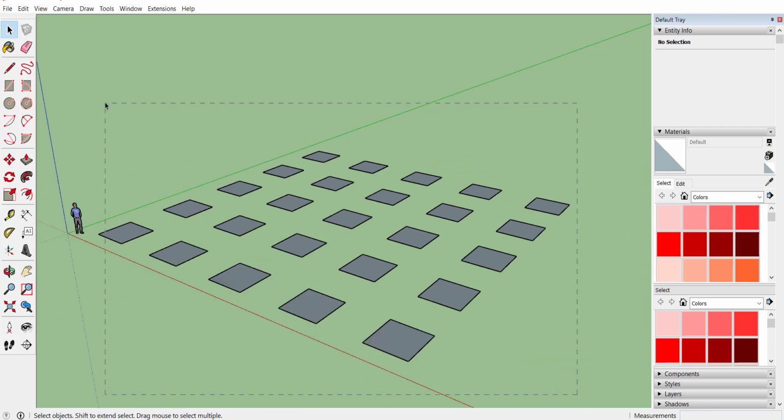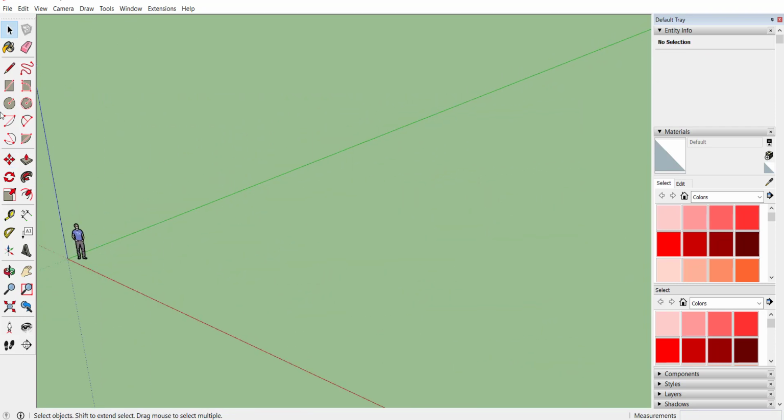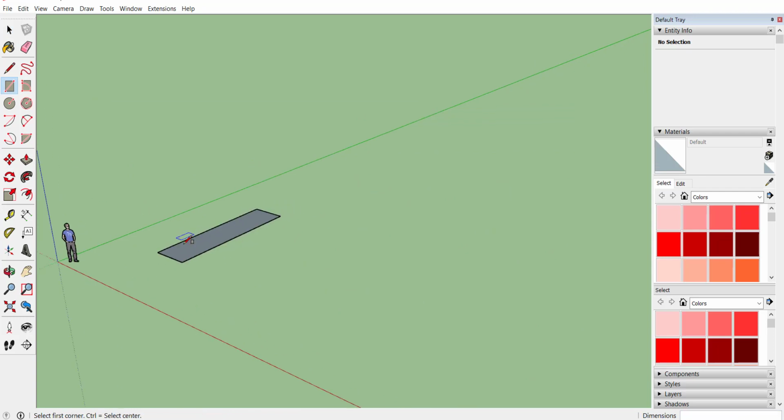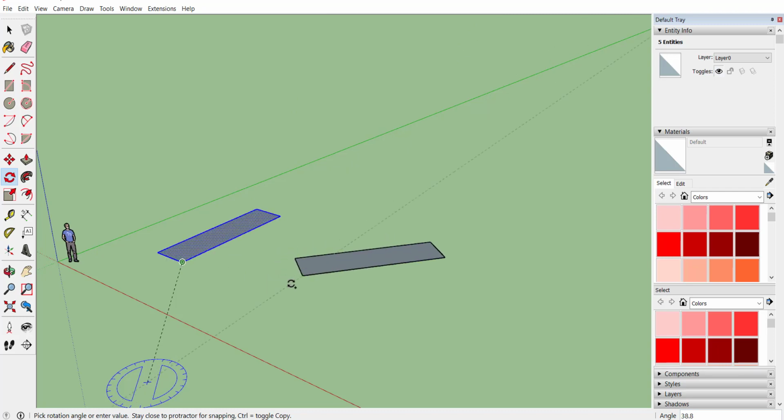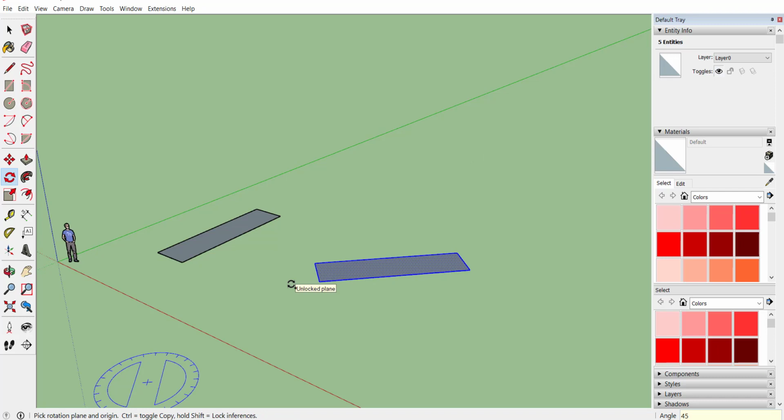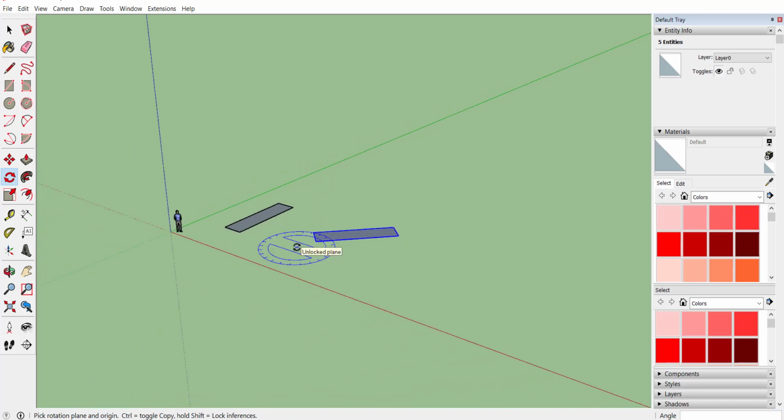Similar way, if I want to create a circular array, then how can we create that? Again draw one rectangle. Now to make a circular array, select that rectangle, activate the rotate command, select the center of rotation, first point, control button and enter the angle. Let's consider it to be 45 degrees. So you can see at 45 degrees, one copy has been generated. To make more copies, just multiply it with the number of required copies.